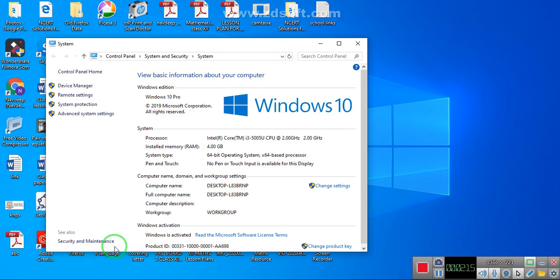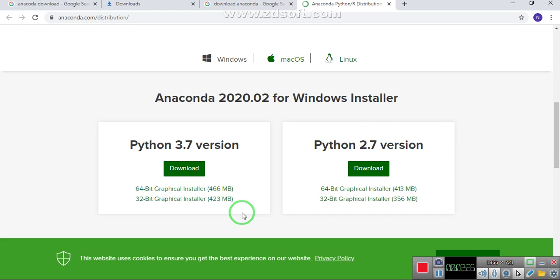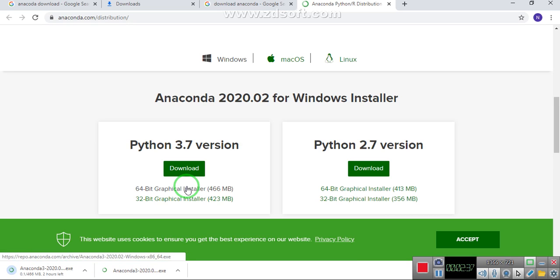In Properties, you find here that my operating system is 64-bit. Go back and just click on the 64-bit installer, and you see in the bottom side, the download process has started.